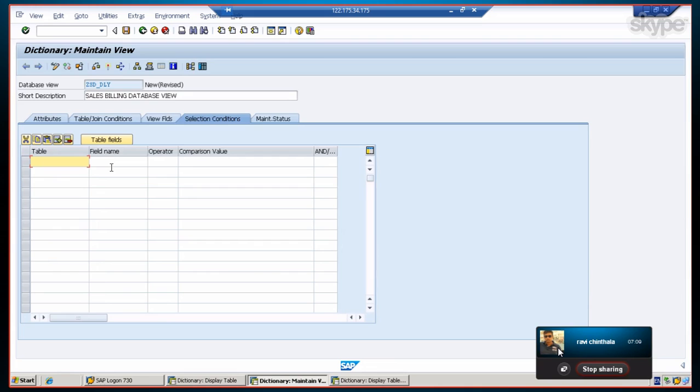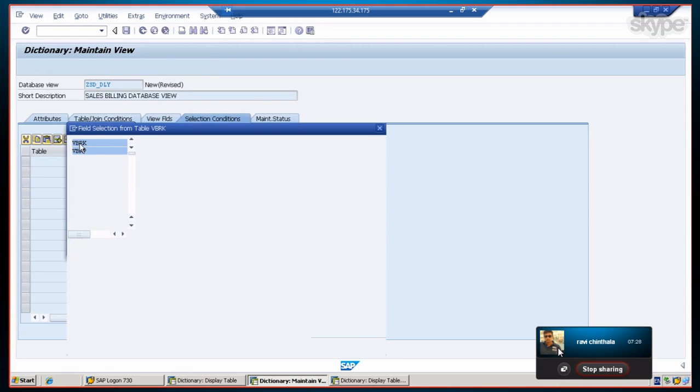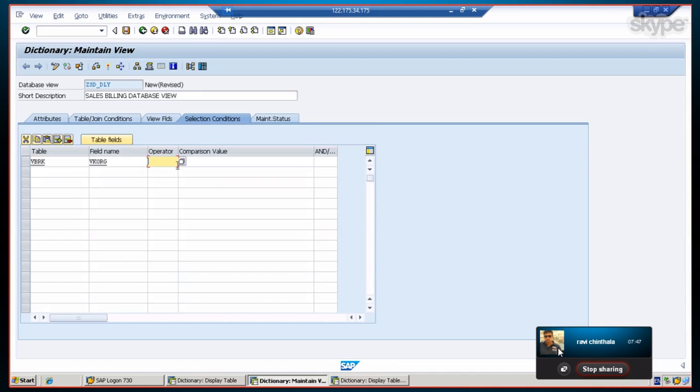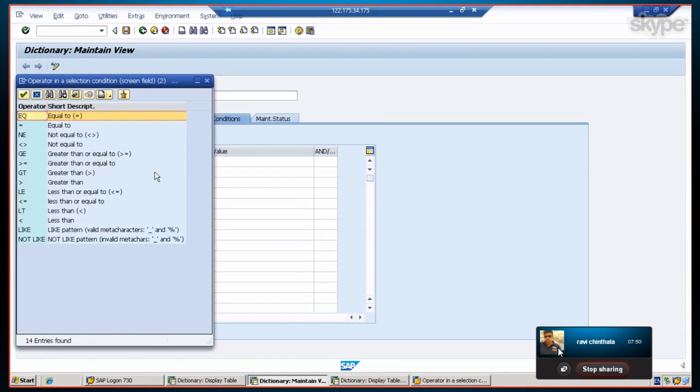And here you can see we have an option to create a selection. For example, if we want to filter the data, we don't want to load all the data coming into the view. So, in order to filter the data further, we can add filters here. For example, I will show you how to add the filter. Say you want to add a sales organization. Company code will be better, and you want to use the operator like